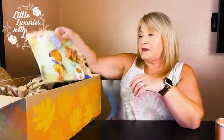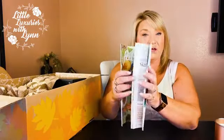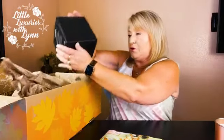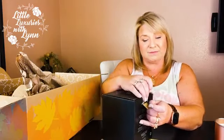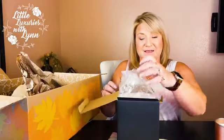All right, and then here is the magazine that talks about all the different items that you were able to get. And then they have different articles on entertaining and recipes. So it's a great book to hang on to. All right, so the first item I'm pulling out is by Uncommon James. And I was really excited to see this offer